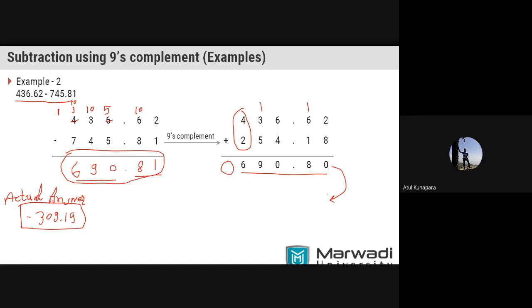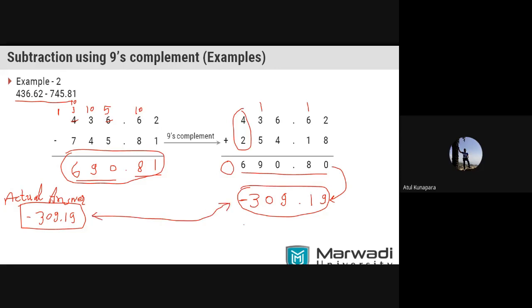0 will become 9 here. 8, so 9 minus 8 it is going to be 1. Then here 9 minus 0, so it is 9. Then here 9 minus 9, so it is 0. And 9 minus 6, that is your answer, 3. So this is the answer you are getting with a negative sign here. So that is exactly what we have as the actual answer, that you can see.